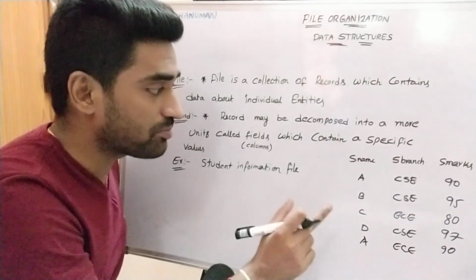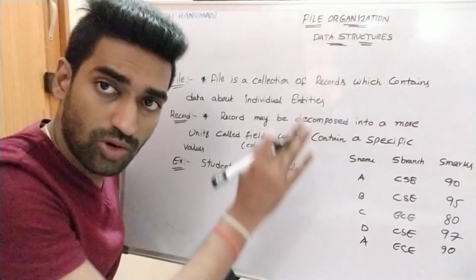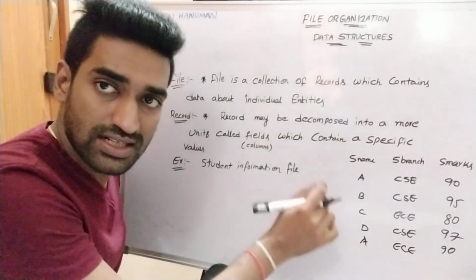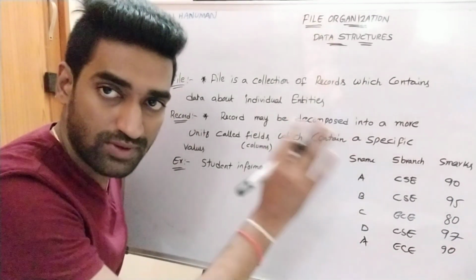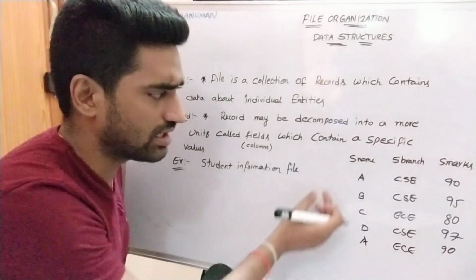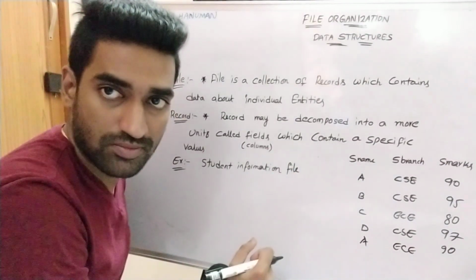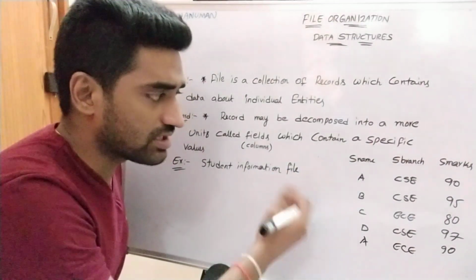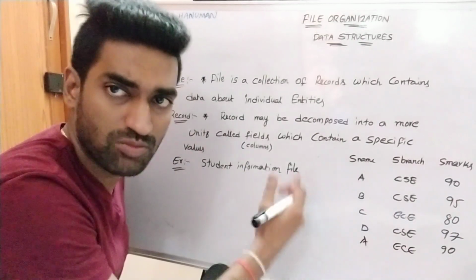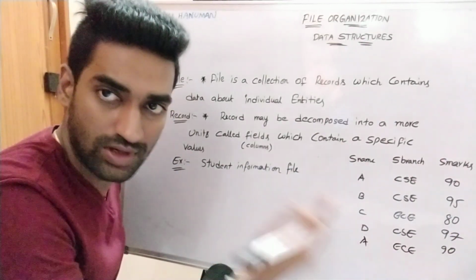So that can be represented with the help of one field. So that field contains no redundant value. For each and every student we are assigning one unique value. So in this case, what is the unique information for a student? Roll number, right? So no two students contain the same roll number. For each and every student we are assigning different roll numbers, right?